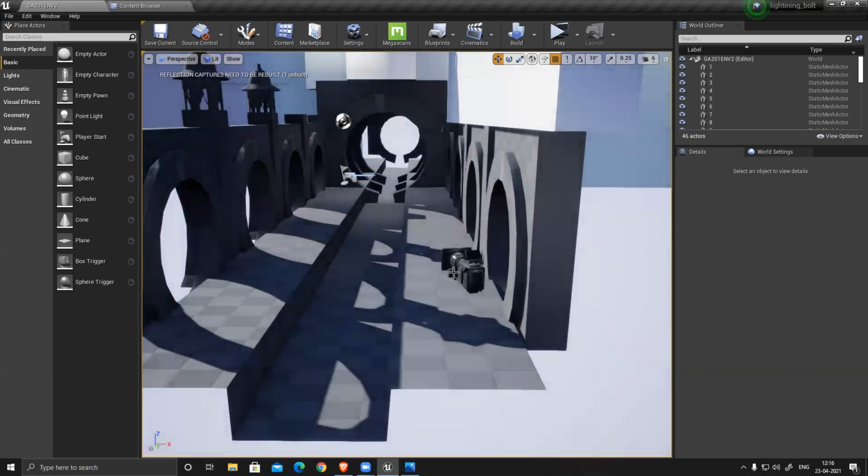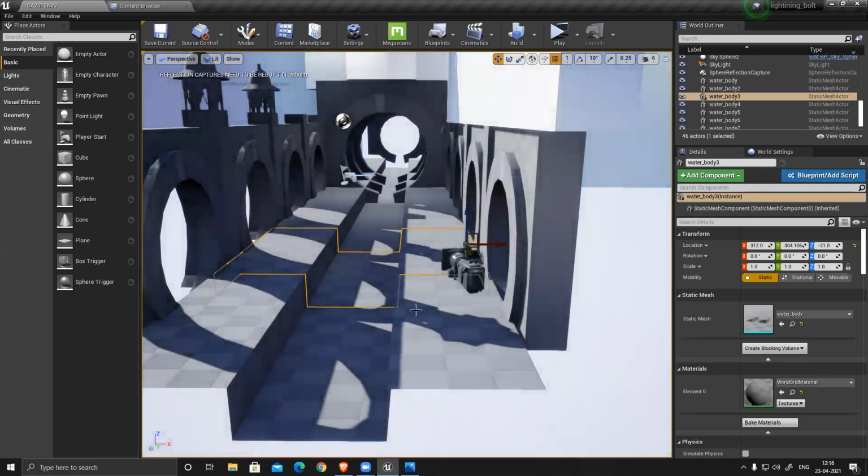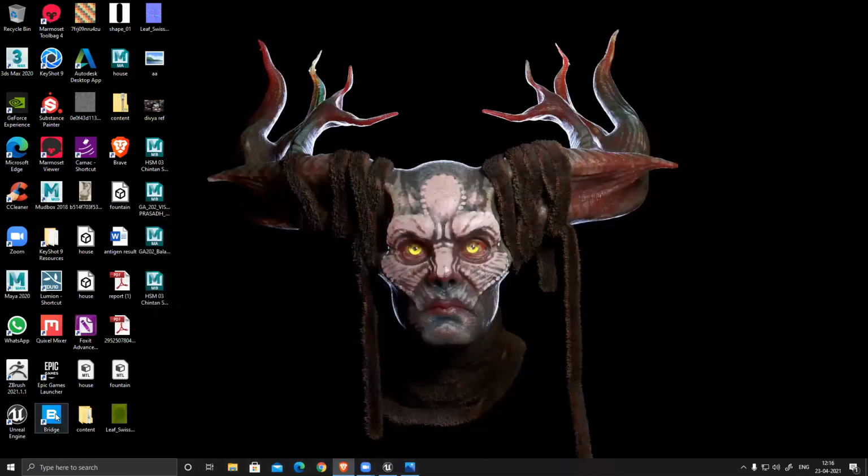Sir, super easy. Mixture, you are referring to that material blend function, right? No, Quixel Mixer is a software. Like you have Bridge, right? Yes, Bridge. Similarly, there's another software called Quixel Mixer. It's super easy. It's kind of like Substance, but Substance has more control. Mixer has less control, but gives you amazing quality output.